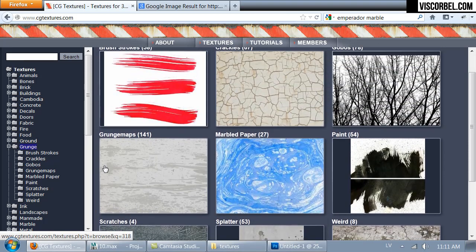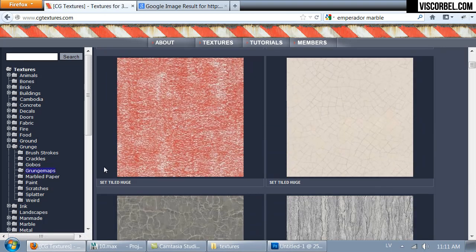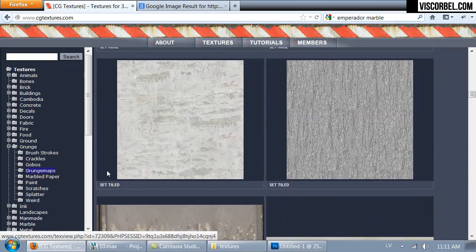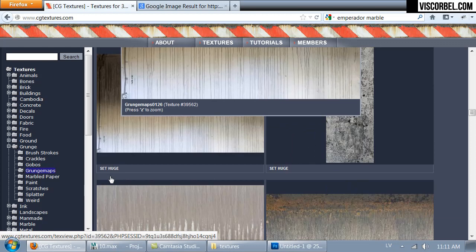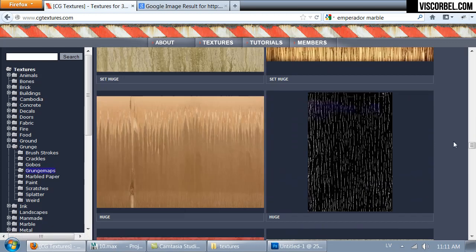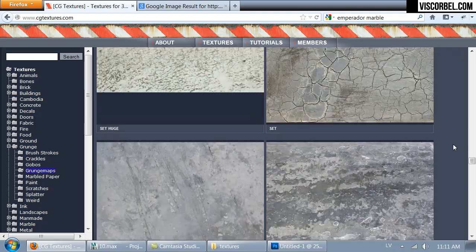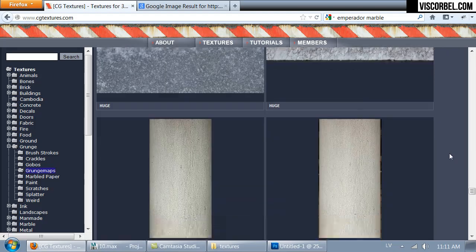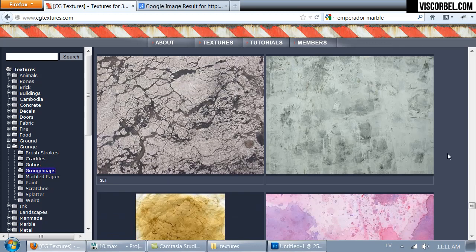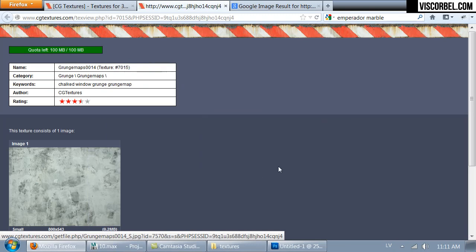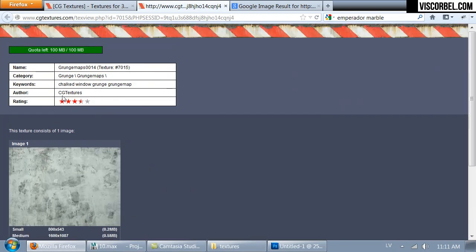Okay, I'm gonna look at grunge maps. Like this one, let's take it. I'm gonna grab the largest size